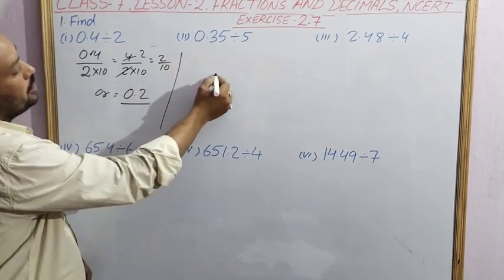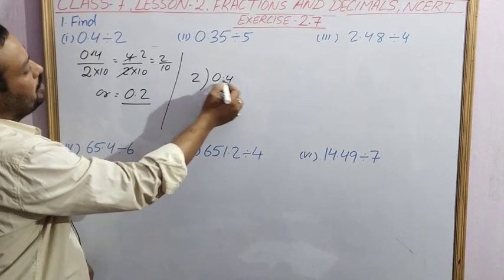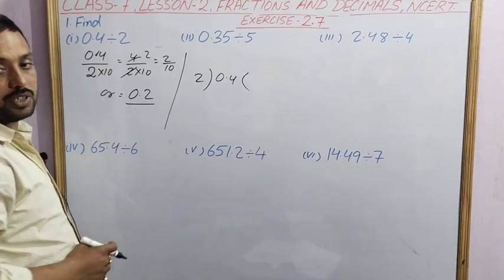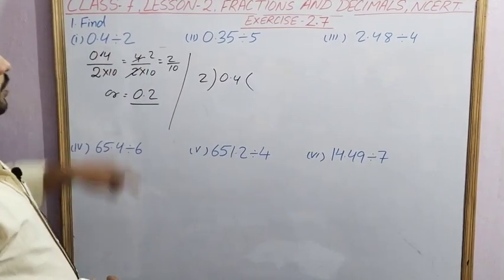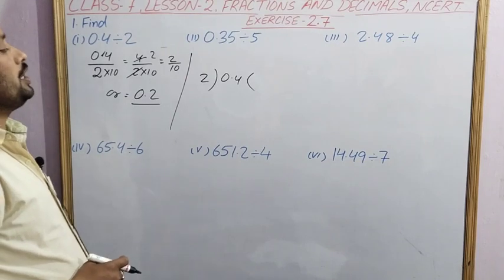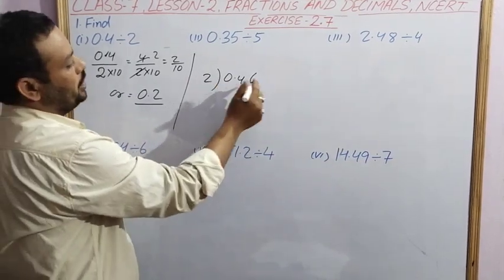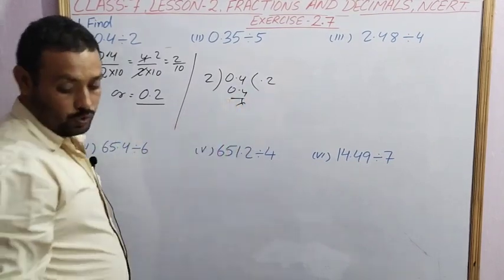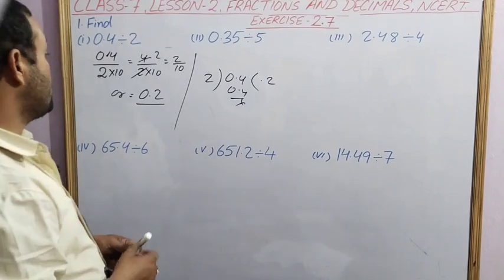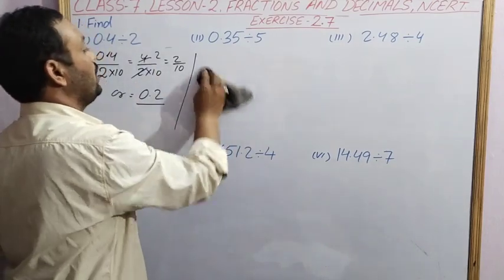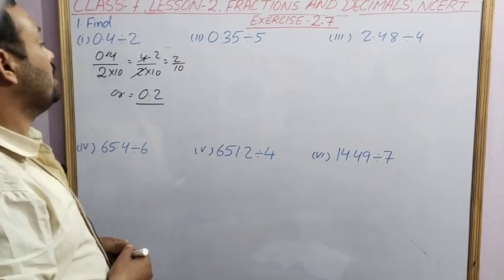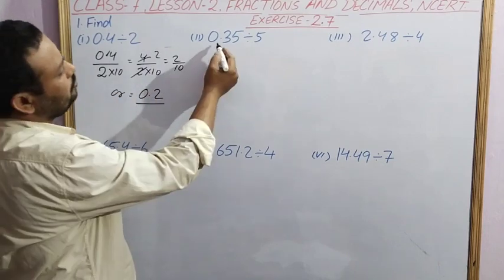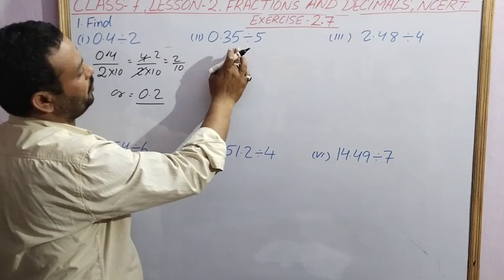The second method is simple division, as we were doing earlier, but in this one you will have difficulty if you have decimals in both the dividend and the divisor. But here, since there is a 0, we will put the decimal here. In this way we can do division, but the easiest one is first changing the number into a fraction, then dividing it, then changing it into a decimal. This one. Second one is 0.35 divided by 5.